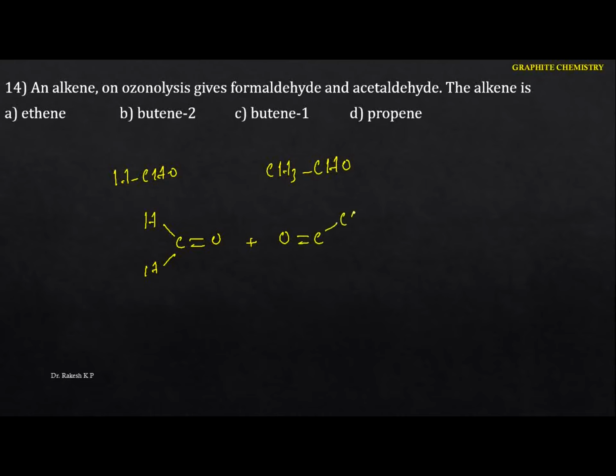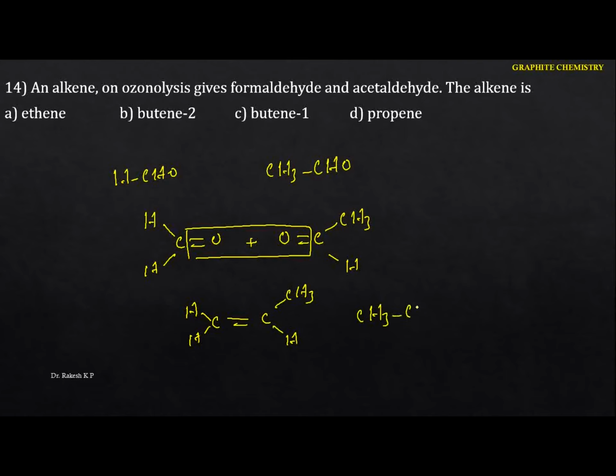Like this is the CH3, and here it is the H. Now what you have to do is just remove the oxygen and put the double bond here. So here I write H, this is C, double bond C, this is CH3, that is H. Let me write the condensed formula: CH3CH=CH2. So the alkene we got is propene. If you take propene and do reductive ozonolysis, you are going to get formaldehyde and acetaldehyde. Hence in this case the option is D. Okay, so next one.